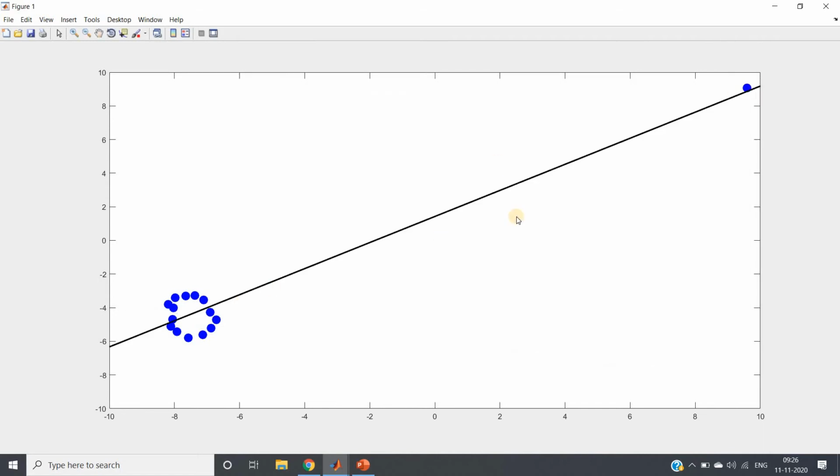See what happened. As soon as the outlier is added, our machine learning model considers this outlier for training also, and it is giving us one good fitted line. If you just inspect this line, you will think that there is a good correlation, a relationship present in the training data.